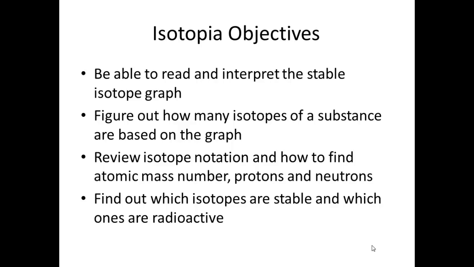We should review isotope notation, which we did in the warm-up. So we should know that different isotopes are the same element with a different number of neutrons. We should also be able to figure out which isotopes are radioactive and which ones are stable. Moving forward,